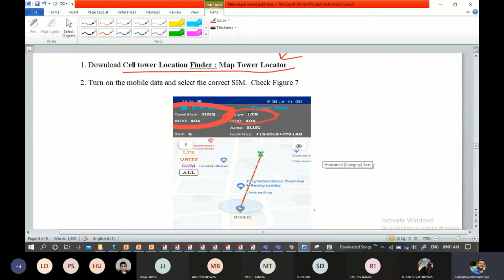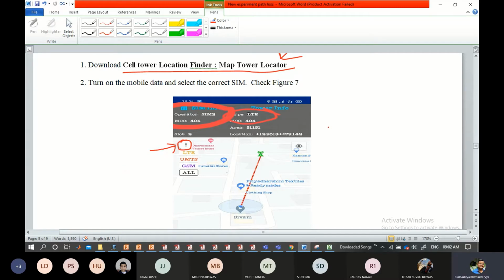Now here you can see the 3 dots. Ideally it will by default take SIM1. Suppose my SIM1 doesn't have an internet connection. Although we have a SIM, I have not recharged it. For the time being, I have a SIM2 which has an Airtel connection. So if you want to select the other SIM, you click on this icon that I'm pointing to, and you can select a different SIM slot, and based on that you can select the specific operator.